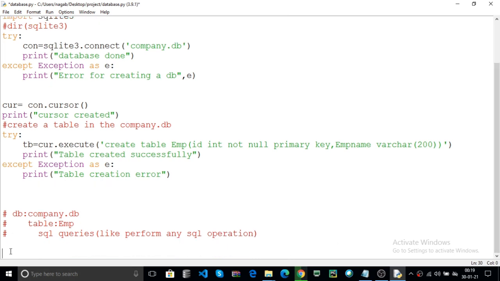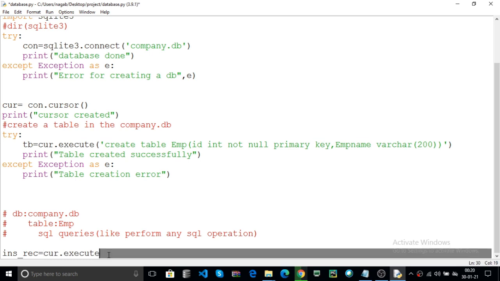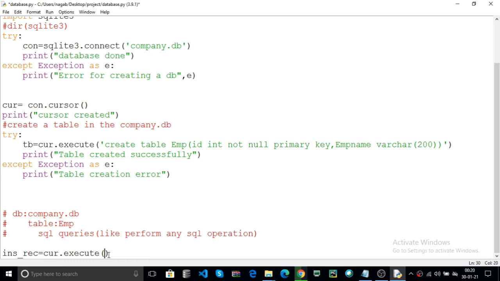Now here I insert some data into the emp table. For example, I use the insert record, like ins_record. Now what is the syntax? You can use cur, that is the cursor object, dot execute. You can use any query with the cursor object name. Here you can use execute, and here you can pass insert